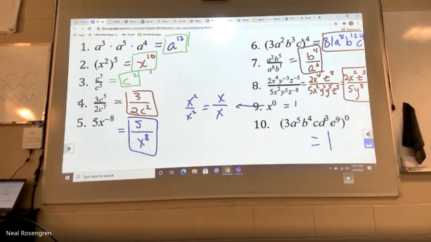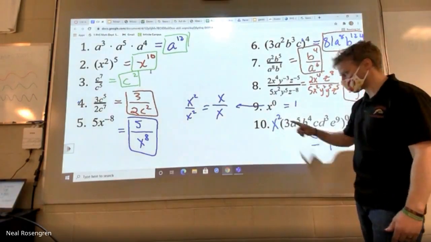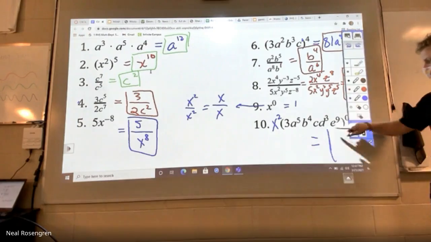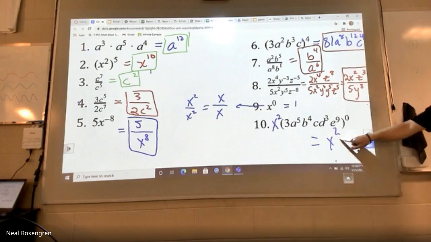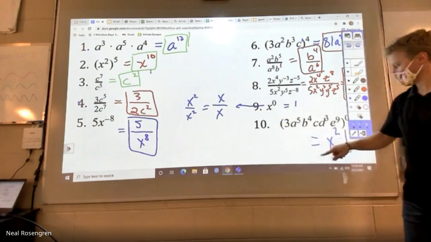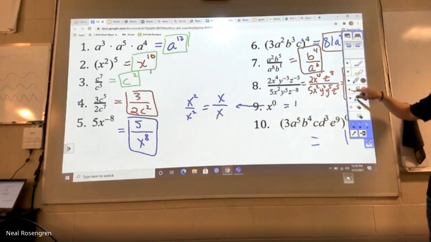Now, if there was stuff on the outside, if there was an x sitting right there, an x squared or something like that, well, then the only thing that's left would have been x squared, because that's x squared times 1. But nothing here, which means nothing there. The whole thing just